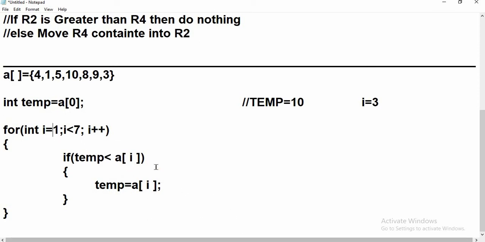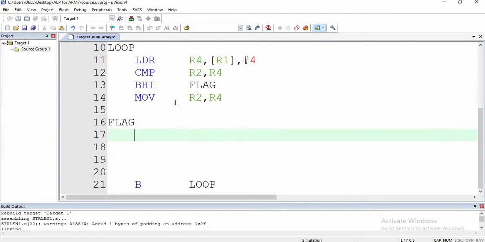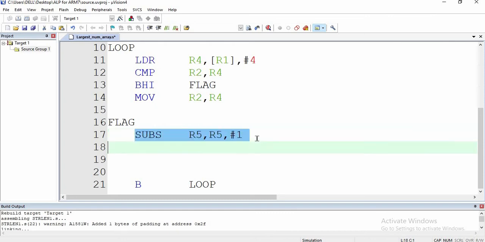I am going to decrement it: SUBS R5, R5, #1. SUBS is used because this subtraction should affect the condition flags. If the subtraction result is 0, then the zero flag will be set in the condition flags, so that we can use that in our branch instruction.